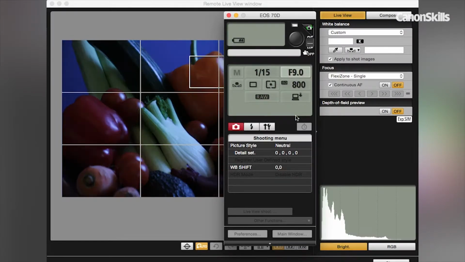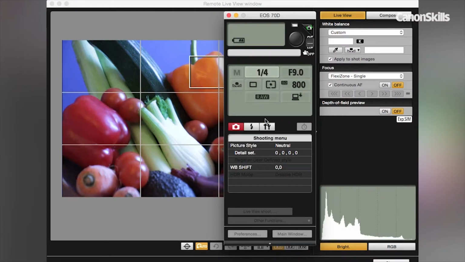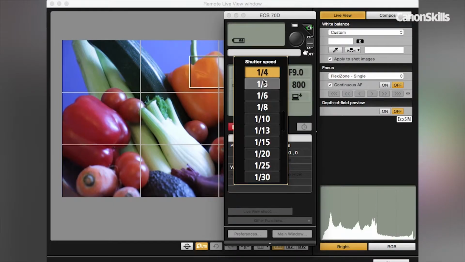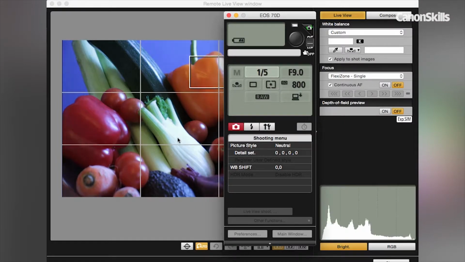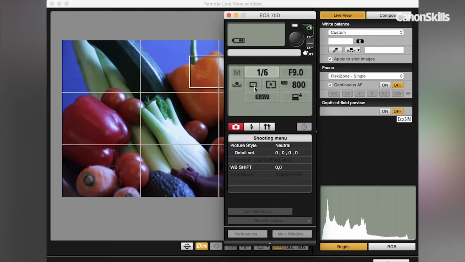So we need to take a tighter aperture of f9, for example, but then not enough light is getting into the camera. So what I need to do is either bump up the ISO or I can slow down the shutter speed. And because we're using a tripod, we'll get a nice, stable, non-blurry shot. A little bit blown out there on that particular plant, so I'm going to go to 1/6,